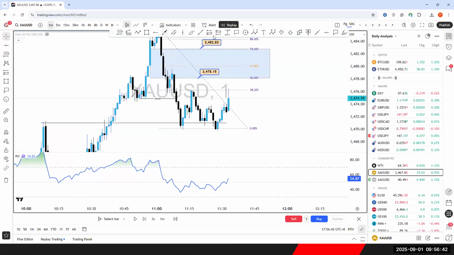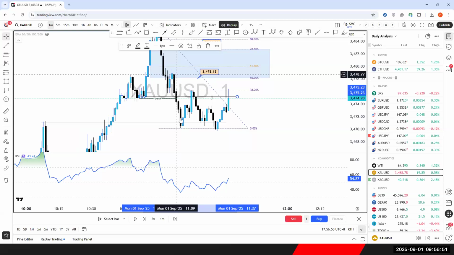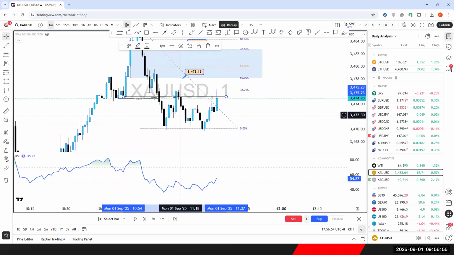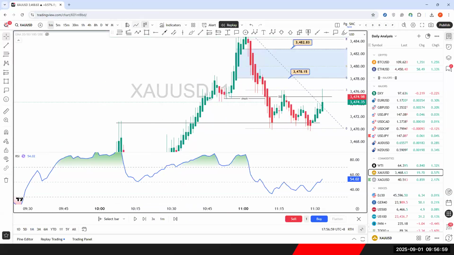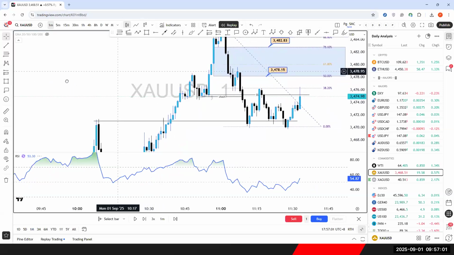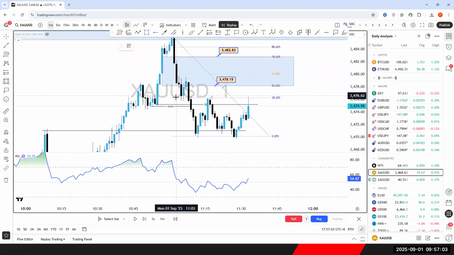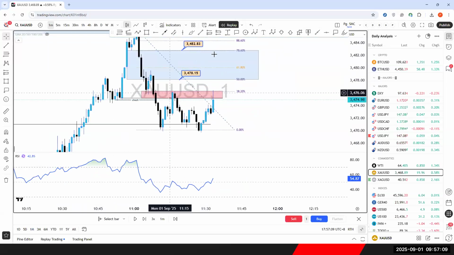At this level or this zone, it could be your inducement. Price breaks below inducement. This is liquidity, meaning that it's gonna be the zone. Like you're gonna sell at the resistance. This is gonna be the resistance level. Okay, so that's why first you sell, but I'm waiting here.